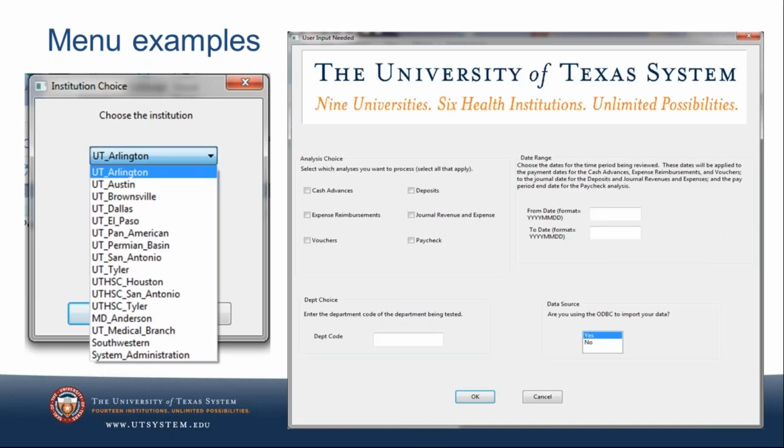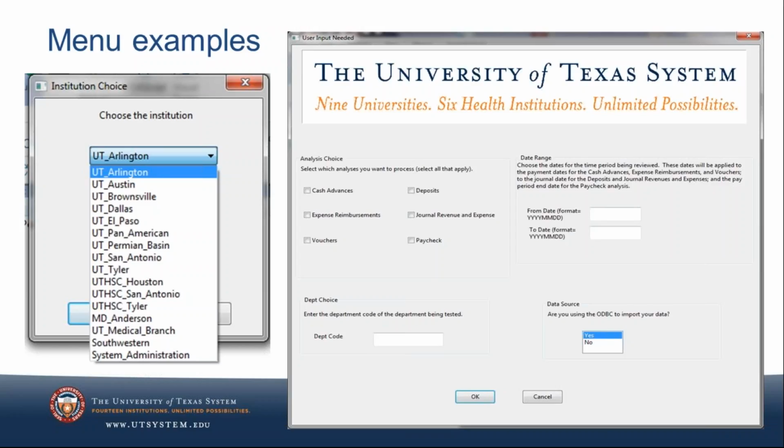Okay, so just for some examples. I mentioned that this was institution specific. Here on the left, we have a drop-down menu created using the scripting so that the institution can choose where they're at. This gives the opportunity to script so that it's more customizable to that institution.